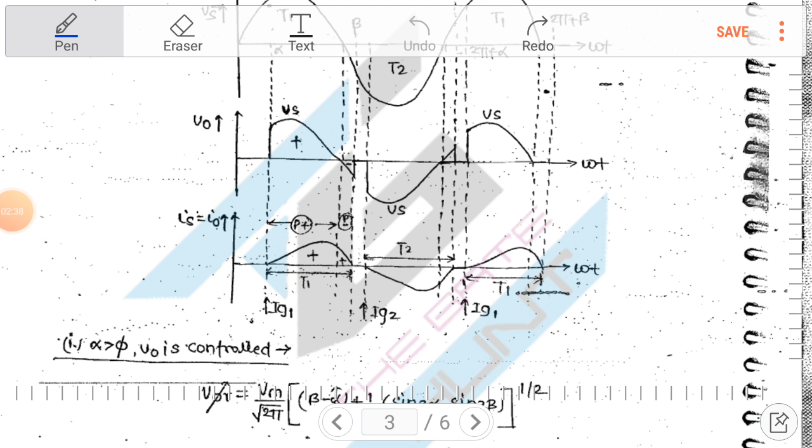Output current and source current waveforms will be the same, and we can see here that when the voltage is positive, the output current is rising, and for negative spikes of the voltage, the output current will decrease. Similarly, in the negative cycle, when output voltage is equal to minus Vs, the current rises on the negative side, and it will fall when the positive spike appears.